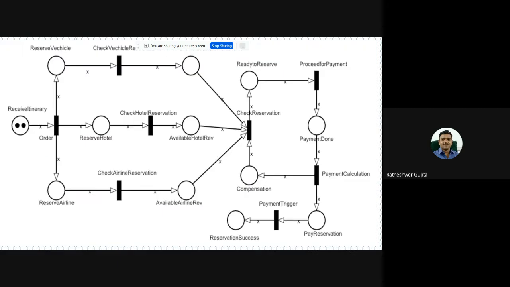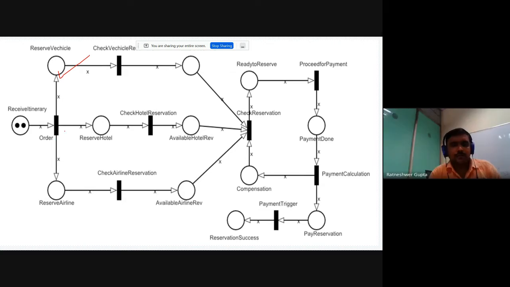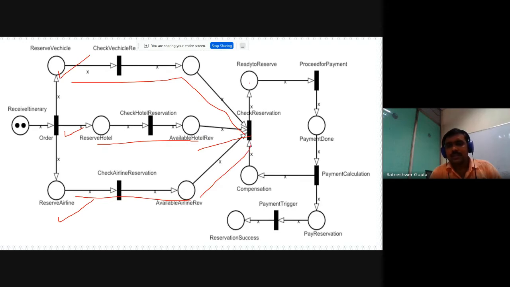This is one very simple example, a reservation system. There are three reservation systems in parallel: the vehicle reservation system, the room reservation system, and the airlines reservation system. So there are three parallel processes, and all the parallel processes are combined here. Then we have the check reservation, and if the reservation is available, we go for payment processing.